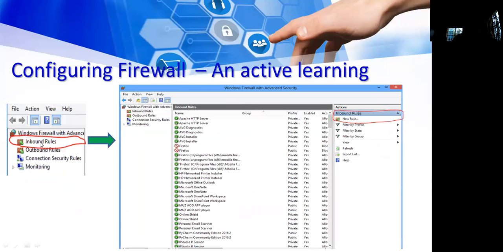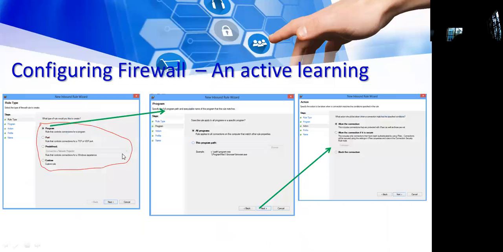Okay, so let's pick the inbound rules first. For the inbound rules, when you click it, it will display this platform. From here, you can now click new rule. You can see new rule here on the right hand side. It means you are ready to define a new rule. Okay, so when you click new rule, it will